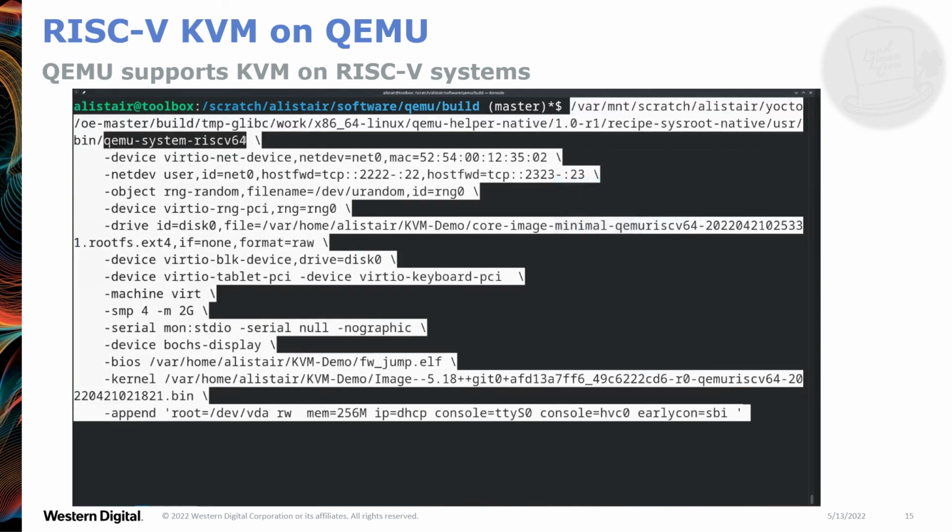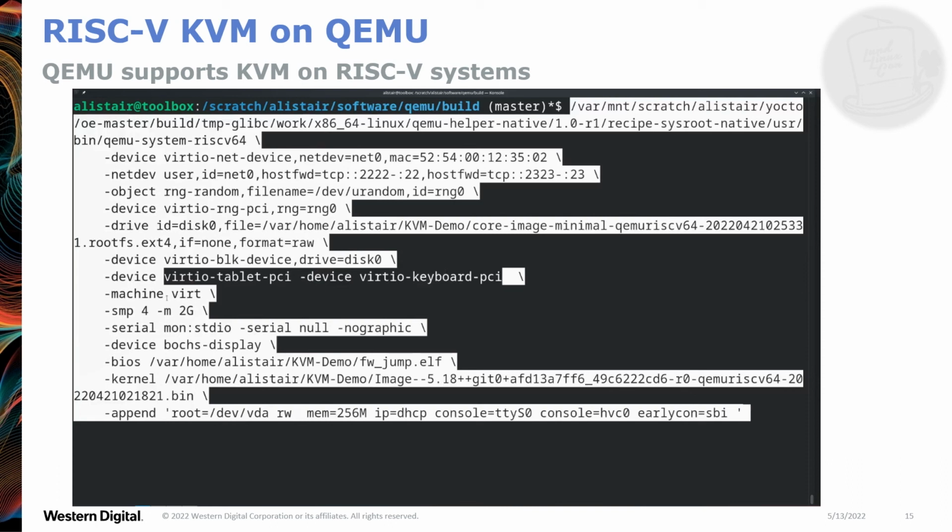So this is QEMU RISC-V, running on my host computer. It's all the standard arguments you'd expect. We're exposing a network device, forwarding SSH ports, exposing the host PC's randomness, and attaching an OpenEmbedded rootfs that I built via a block device. The virt machine, which is the main machine, has 4 cores, 2 gigabytes of memory, and serial, nothing exciting.